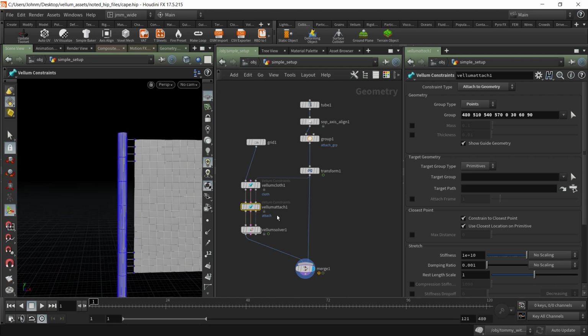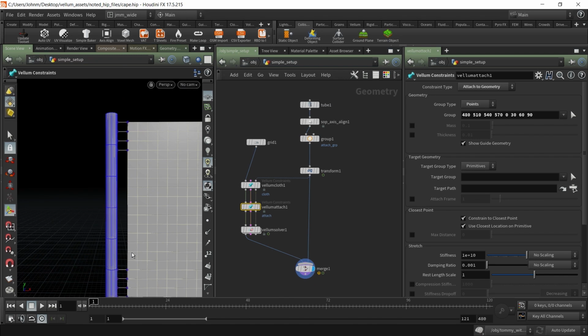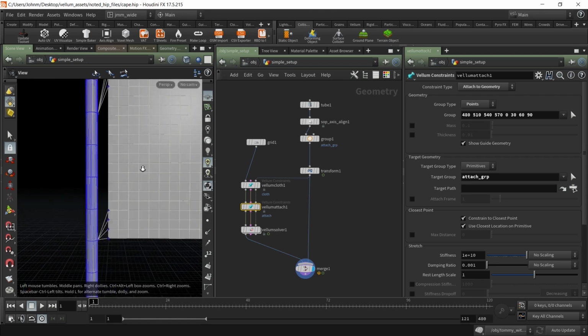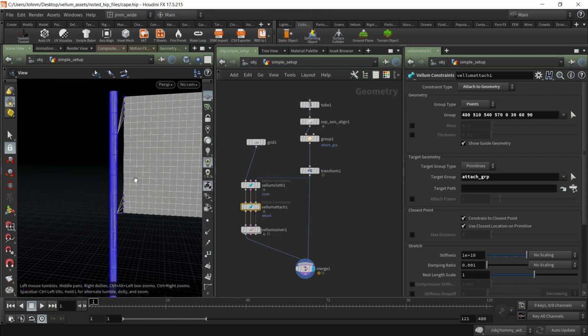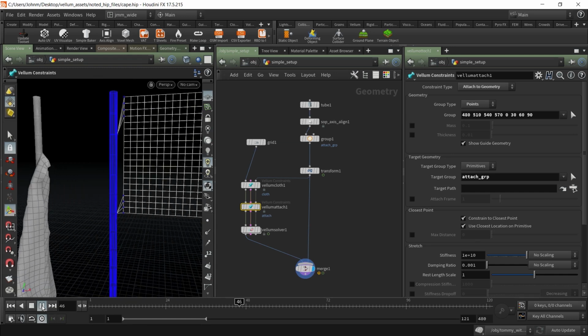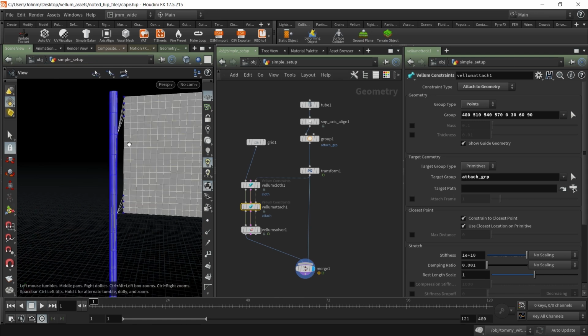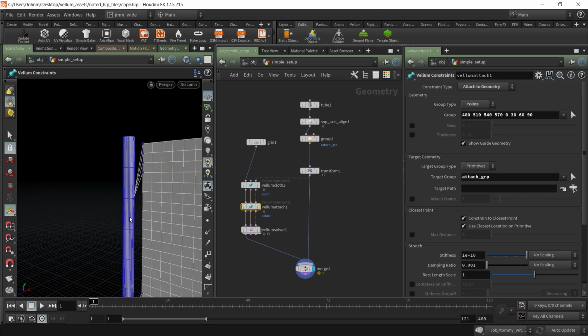All right, here's my Vellum attach. As default, it's trying to connect to the closest point on the closest piece of geometry. But I can tell it here my target group that I want you to actually try to find. Why don't you use that attach group? So now you'll see what's happening is the flag is actually seeking out the closest part on either of the groups that we had selected to attach the flag geometry to. Okay? So you have complete control over what points of the cloth get connected to what points of the collision